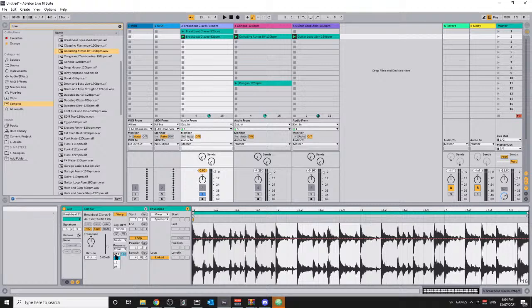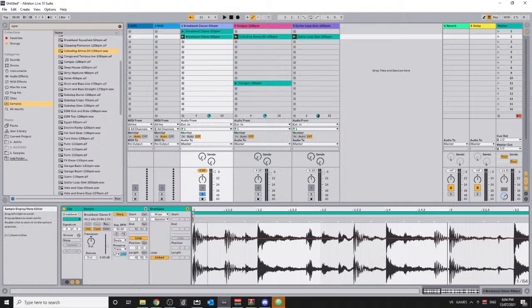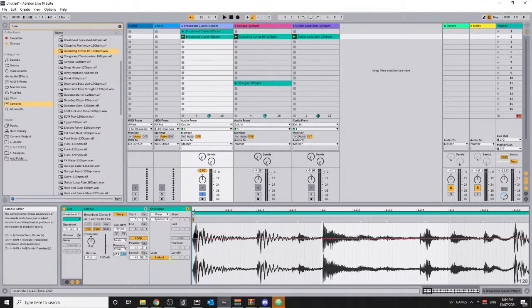So currently, if you notice here, there's an arrow going forward and then an arrow going back. If I zoom in for a second, it'll do the transient, the hit, and then it'll start doing the tail, and when it gets to here, if it's still not at the right time, it starts to go back and forth and loop this section to try to make it smooth. But that might not be what you want, because if you listen at that 59 BPM,